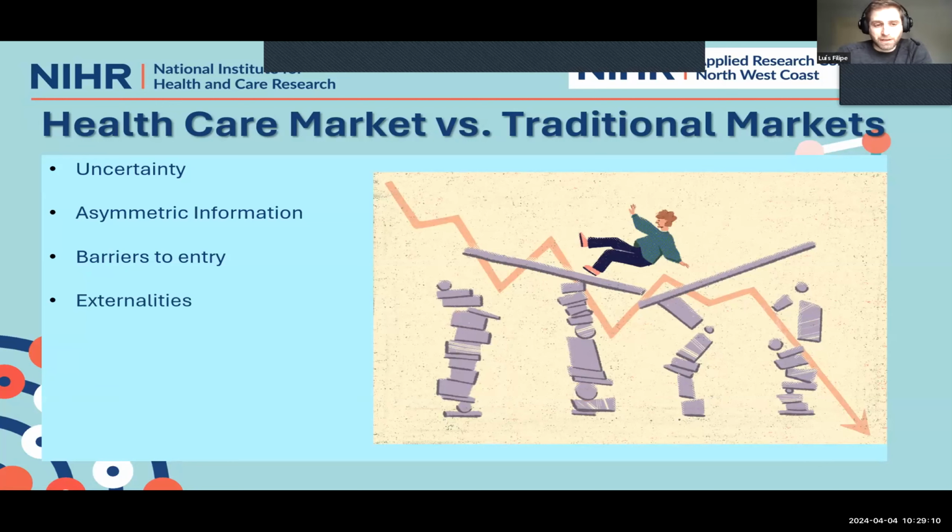Now, there are a lot of externalities, and this is a very important concept in economics in general. This is the idea that markets can affect other markets or be affected by other markets. In the case of the healthcare market, it should be quite intuitive because, for instance, if the healthcare market is working very well, people are healthier in general. It means that they will be better fit for work, so the labor market should be positively affected by the good outcomes in the healthcare market.